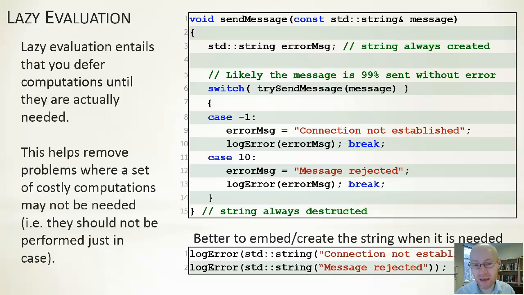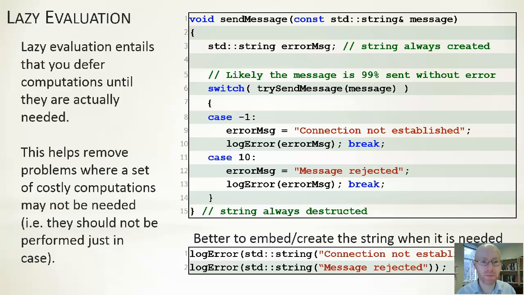Now, as it is written at the minute, this is a little bit inefficient because in line 3, we always create a string. It's an automatic variable created on the stack, but it's always created. And at line 15, it's always then destructed and removed. So it'll involve allocating memory, quick to do on the stack. It'll involve calling the constructor, a little bit of setup. It'll involve calling the destructor, a little bit of breakdown of it. But because 99% of the time or whatever it is, we don't actually use this, this is just wasted